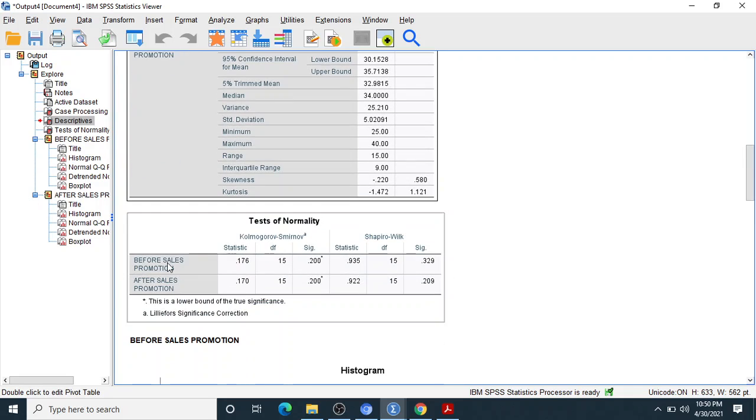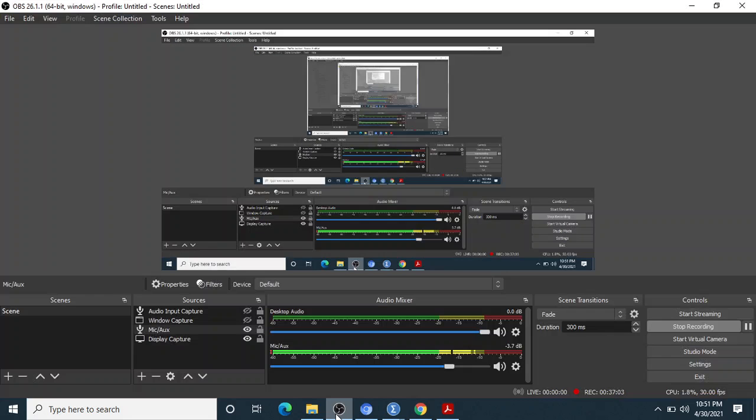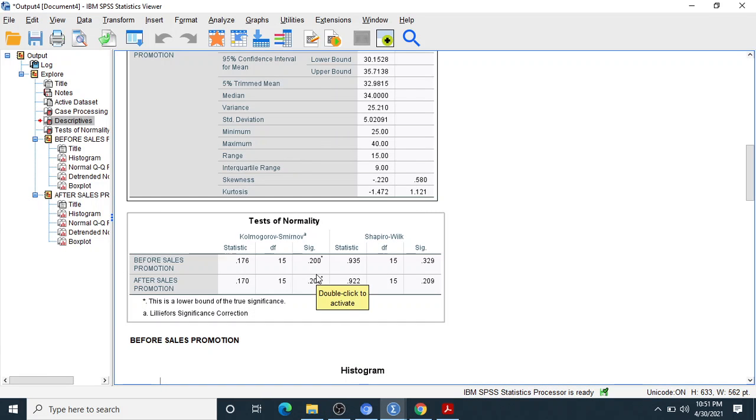Check the normality. For before sales promotion and after sales promotion, the degrees of freedom are 15 and 15, and this is the significance value. The same thing we discussed, that the significance value should be more than 0.05.